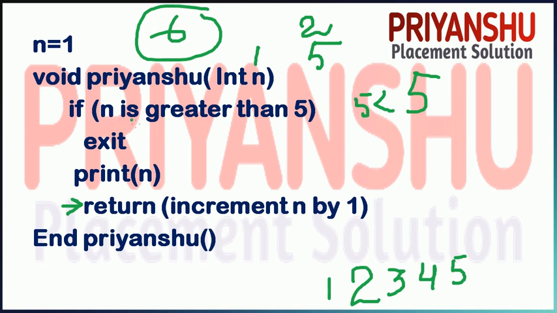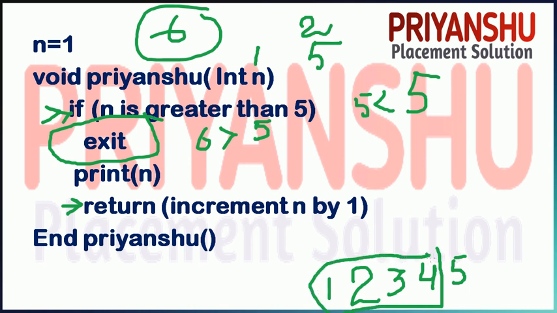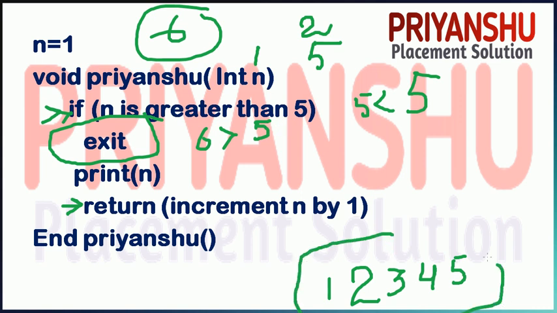So the value of n is now 6. Then, friends, is 6 greater than 5? Yes, 6 is greater than 5. Then, friends, exit, right? Why? Because this is true. Why is this true? Because 6 is greater than 5, right? If the condition said greater than or equal to, then our output would be only 1 2 3 4. But friends, here the condition says n is greater than 5, so that's why we have to print 1 2 3 4 5, right? So this is the answer to that question.